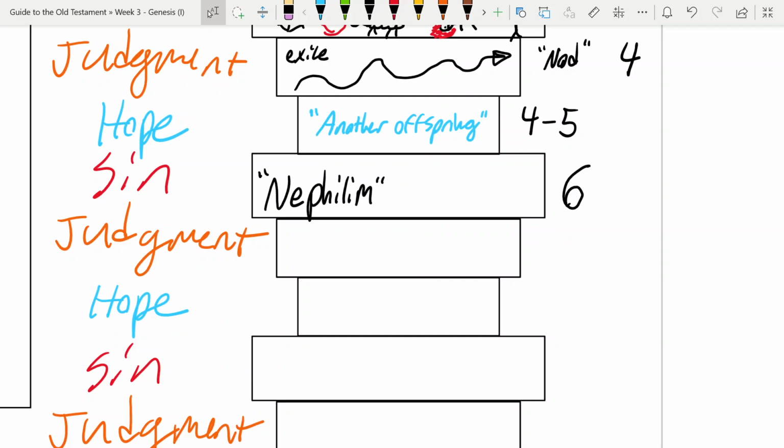It's a bit debated, but in any case, the result is that there's violence and corruption in the earth. So you don't get so much a specific incident like, oh, Cain killed Abel, there's the sin. But you get more this general description of how the whole earth and all of humanity is corrupt. This is that famous verse, if I can quote it: every intention of his heart was only evil continually. So the total depravity of humans, their rebellion against God.